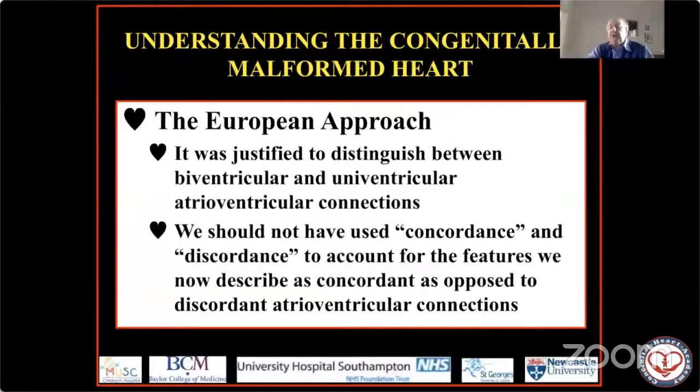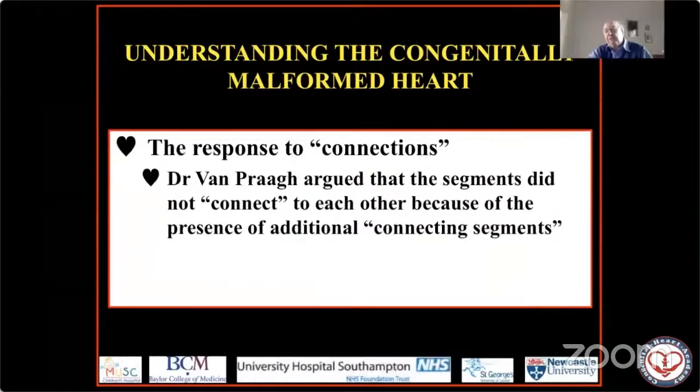Had we appreciated, however, the meaning of concordance and discordance as used by Richard van Praagh, we should not have described those connections, which are biventricular, as being concordance or discordance. Instead, we should have specifically said that the hearts had either concordant or discordant atrioventricular connections, which is what we do now. The fact that we did not appreciate that led to perhaps the beginning of the divergence between the